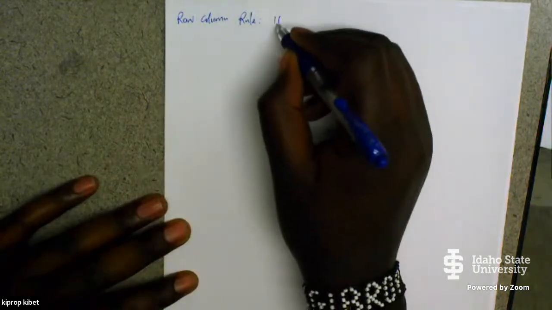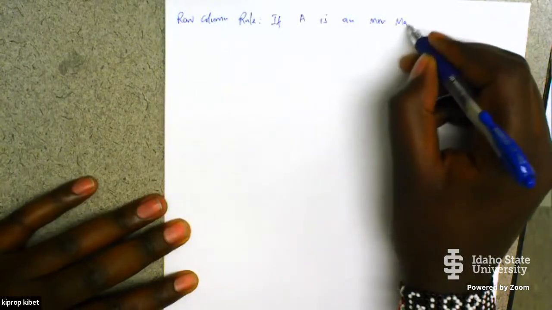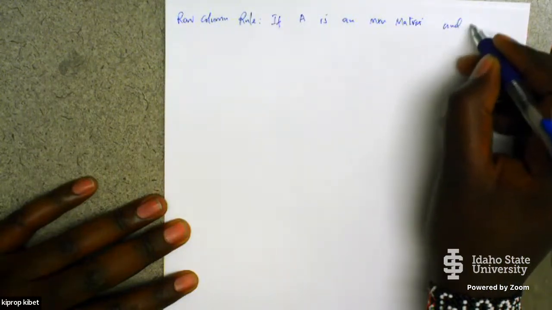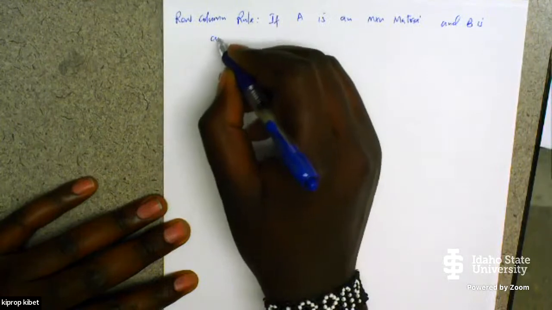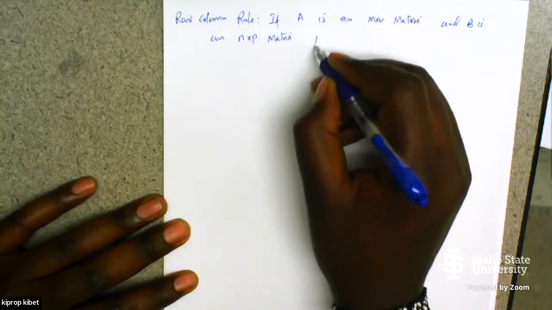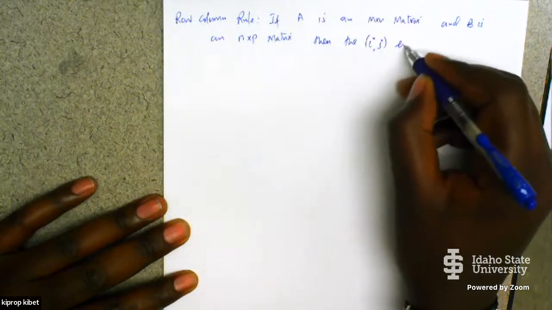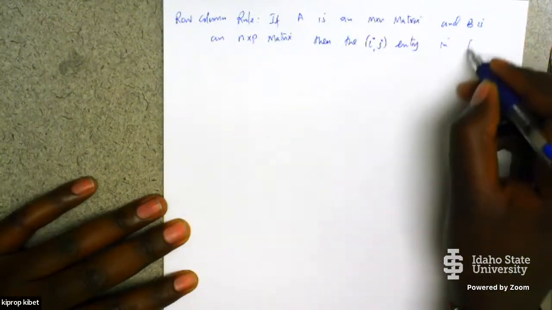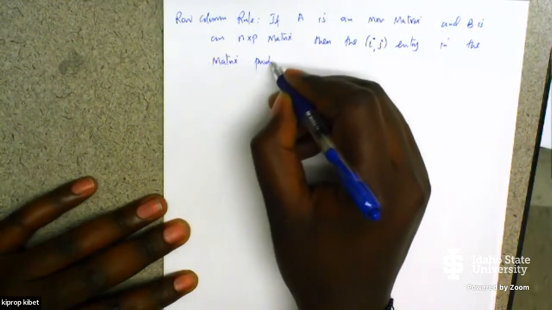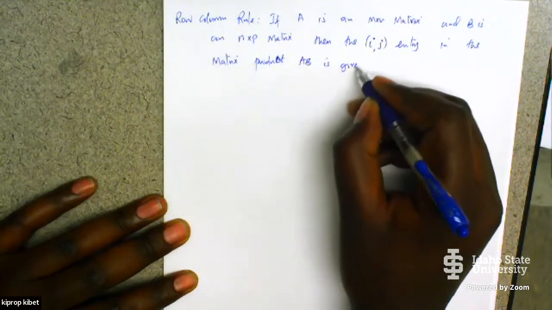So if A is an M by N matrix and B is an N by P matrix, then the i, j entry in the matrix product AB is given by